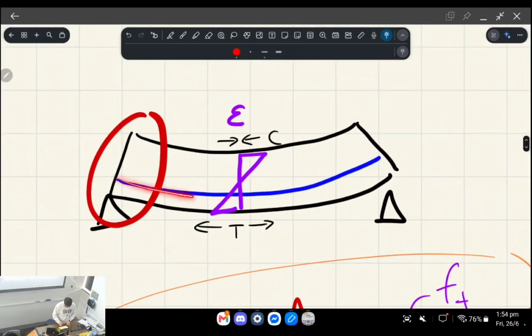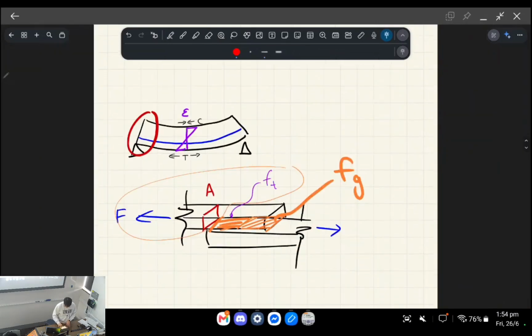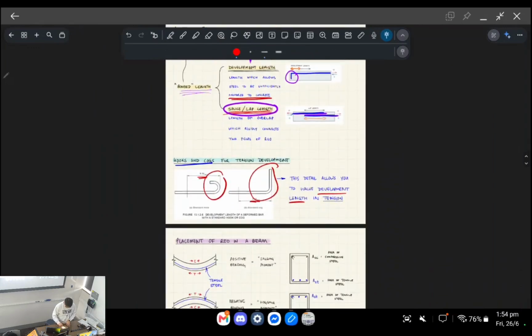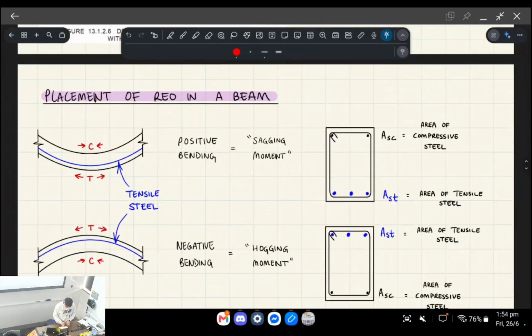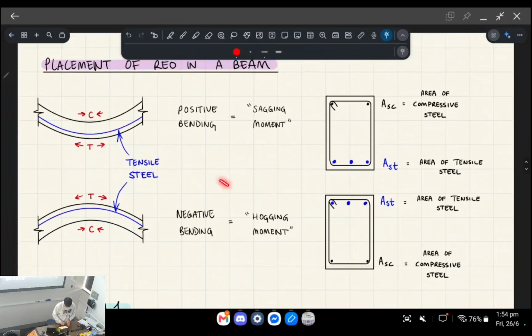The reason we add tensile reinforcement, particularly to concrete, is because its compression strength is already good, but it's particularly weak in tension. So we want to place the bars on the tensile side, okay? For positive bending, which is also called sagging moment, you're placing the tensile steel on the side with tension, and that's the case for negative bending as well. If the beam bent this way, the tensile side becomes the top side, and that's where you would place